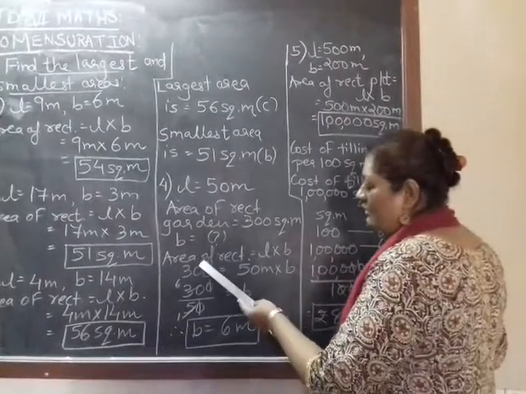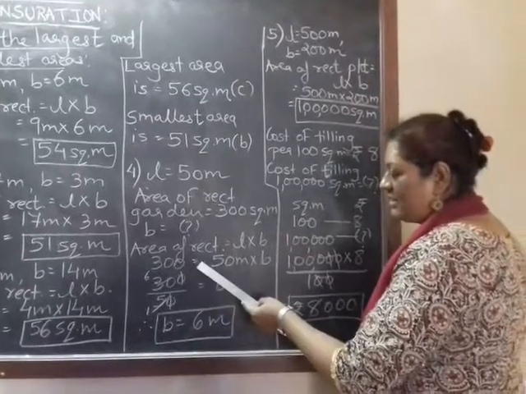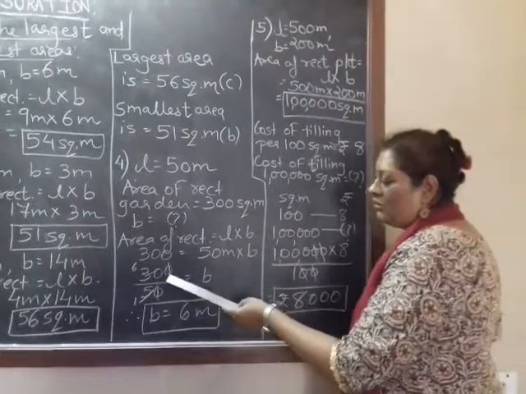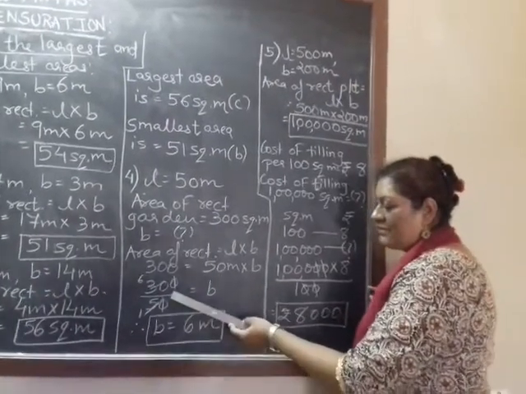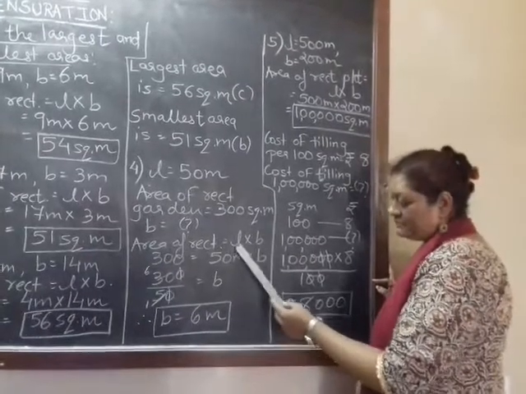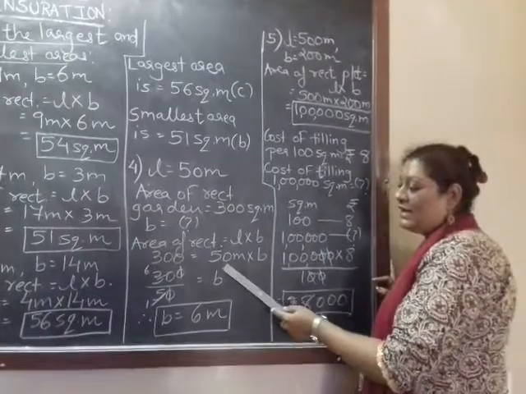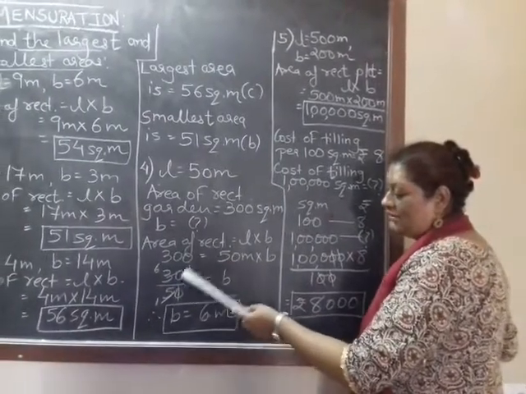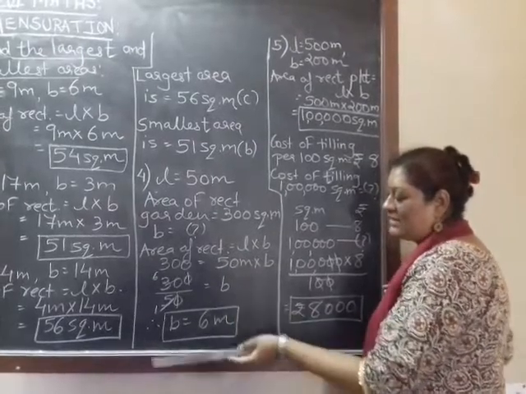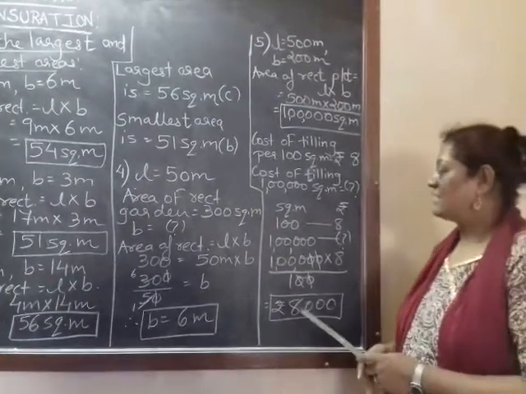So we will apply the formula, area of rectangle L into B. Area is given 300 is equal to L given 50 meter into B. Now out of 50 and 300, 300 is bigger, so we will change the side of 50. L and B are in multiplication, so when 50 changes its side, it will go in the denominator. In the table of 5, 30 comes in. 5 sixes are 30. So the breadth is 6 meters. Hopefully this is clear to you.